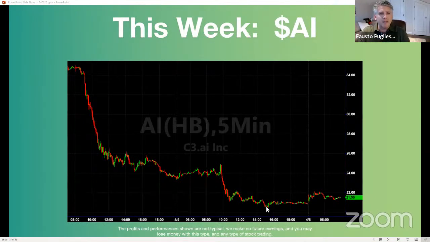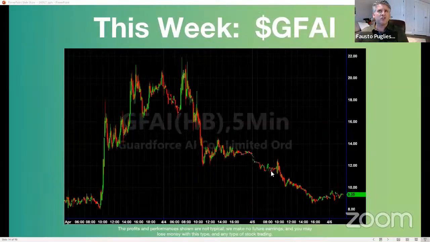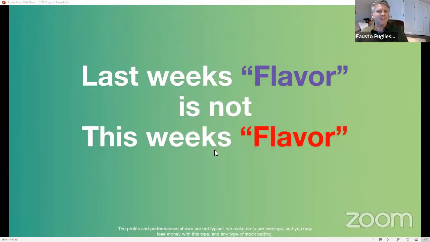See, because what happened in AI, look what ends up happening. You hold for a couple of days, it goes from 34 down to 21. All right. That's where you get yourself in trouble. GFAI, great run up. Look what happened. It goes from 22 down to 9, like that. You understand? And how would you have known if it was going to continue to go up, like what most of you said, find the buyers. How did you know it was going to go down? Follow the sellers. That's how you trade in today's market.